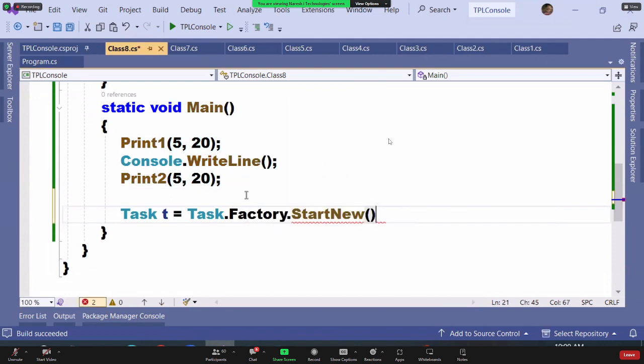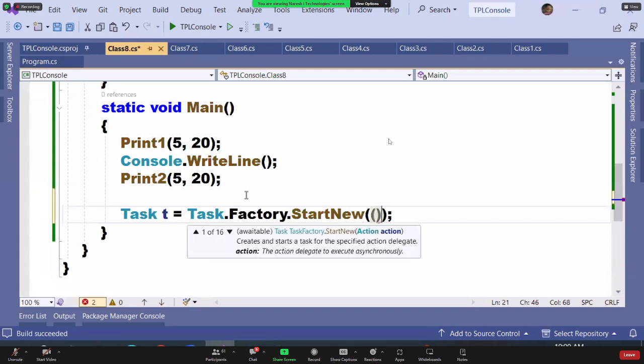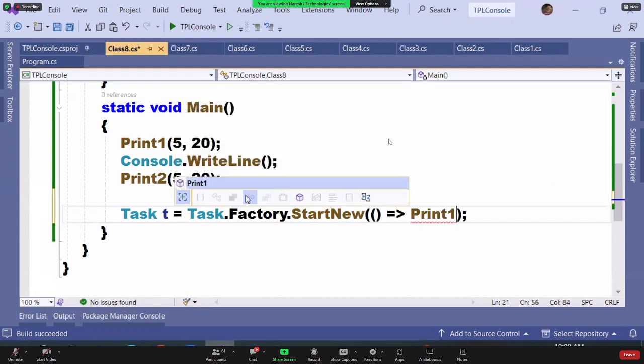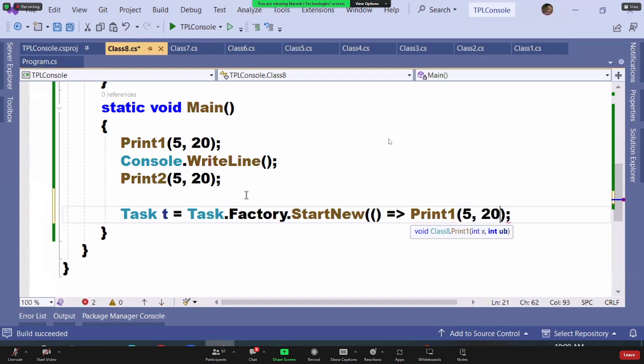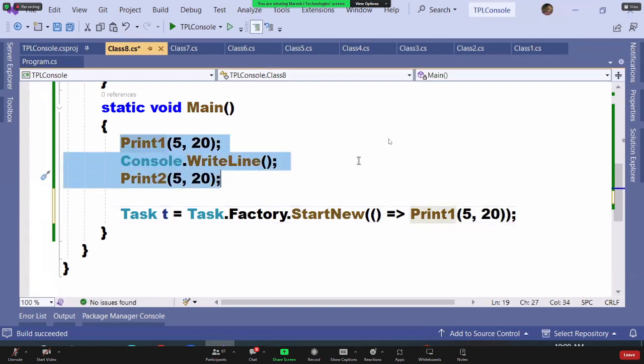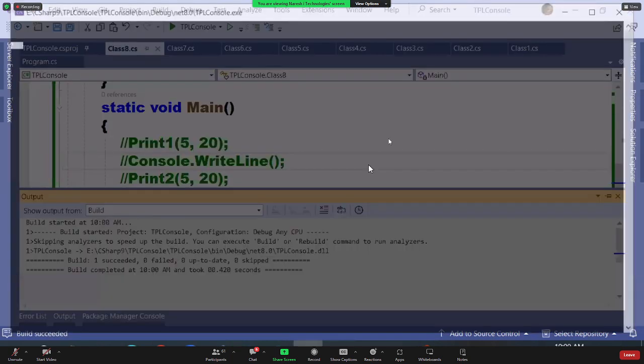Start new. First, tell me how to bind a method here first. Bind print 1 here. It's parameterized. How to bind parameterized? Braces, lambda, print 1, 5 comma 20. I'm commenting this out. Now I'm calling by using